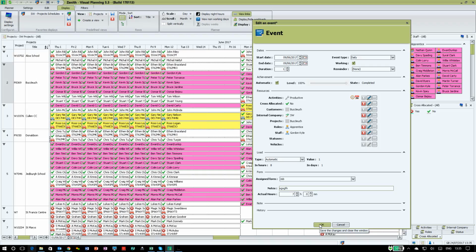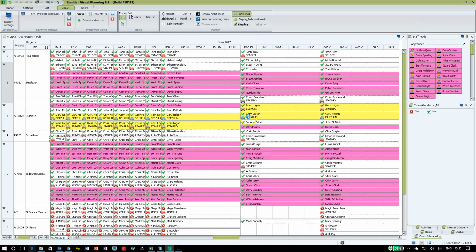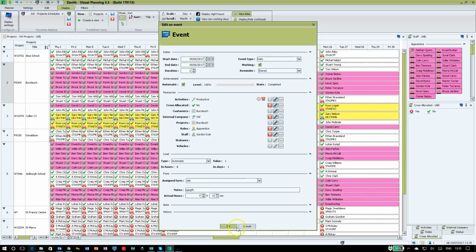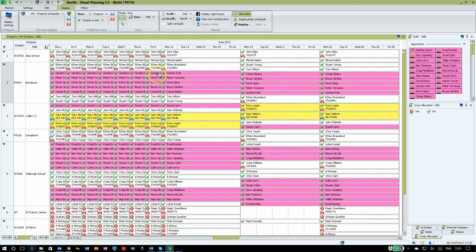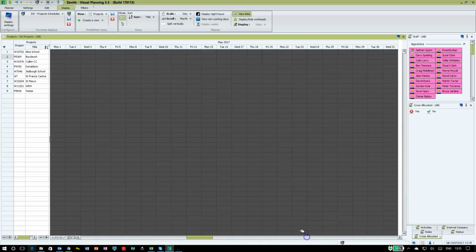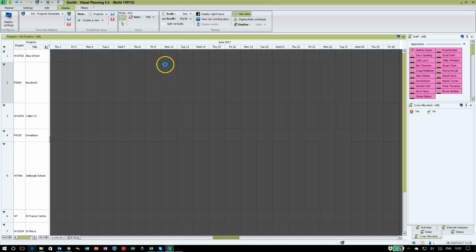You can store notes that relate to that to explain why someone was off or why they didn't complete the full hours, and that then stores within that event. So if I open that up again, then the 7 hours still stays with it. So I've now, within an event, I've got all of the information that we had in our spreadsheet stored within a single event. And in this particular example, I've got that showing, go back again, I've got that showing by